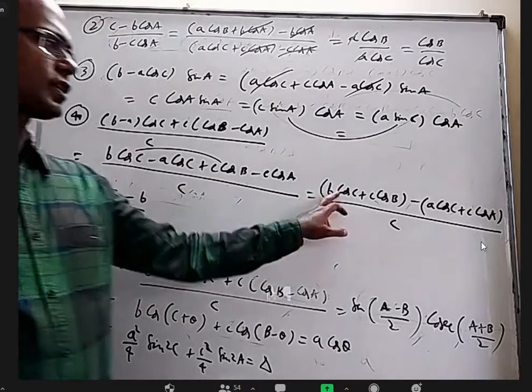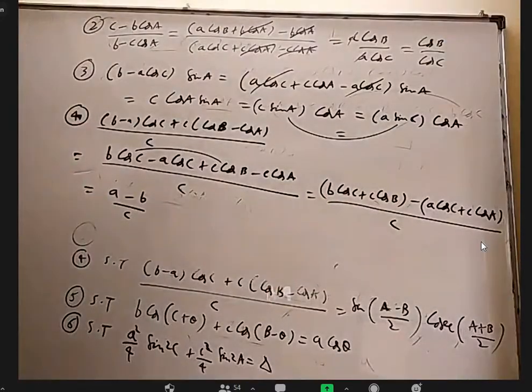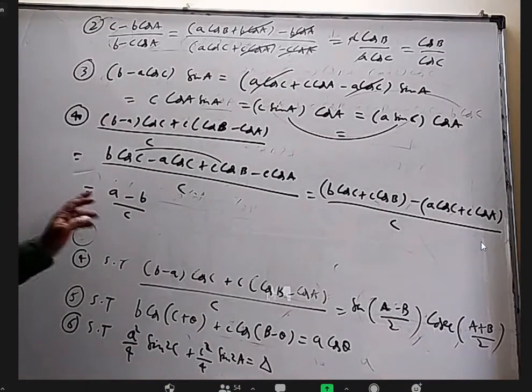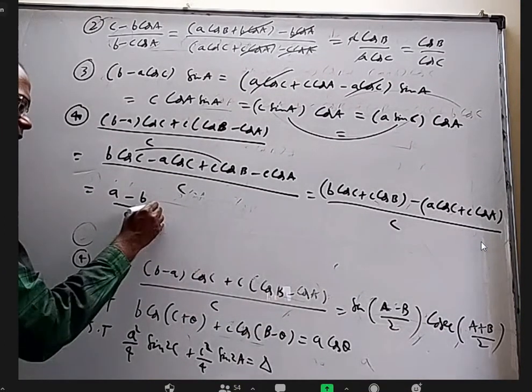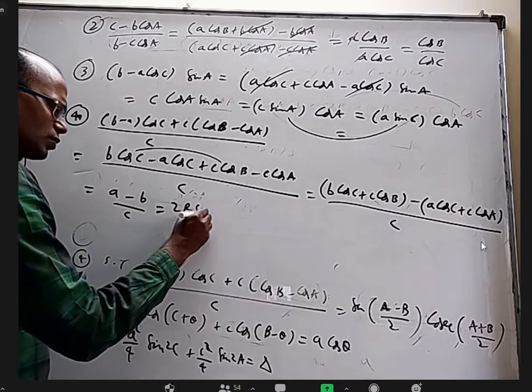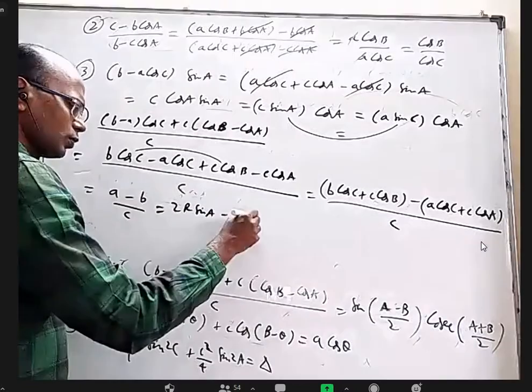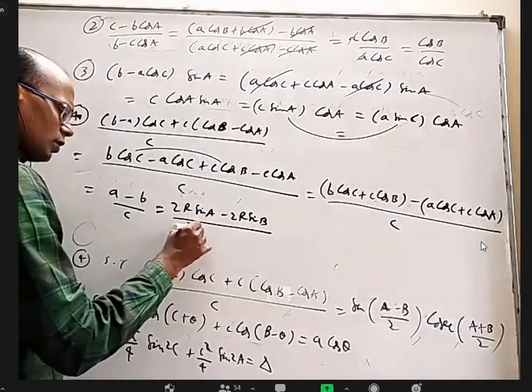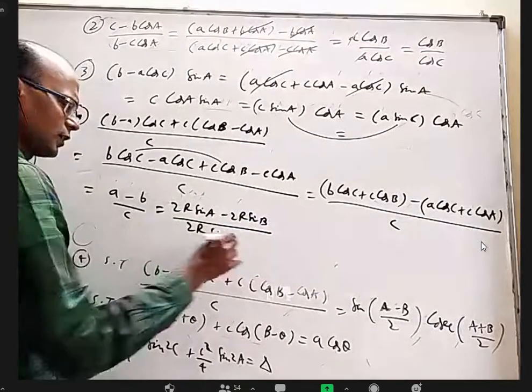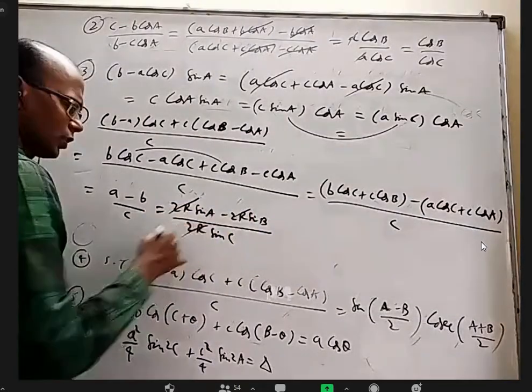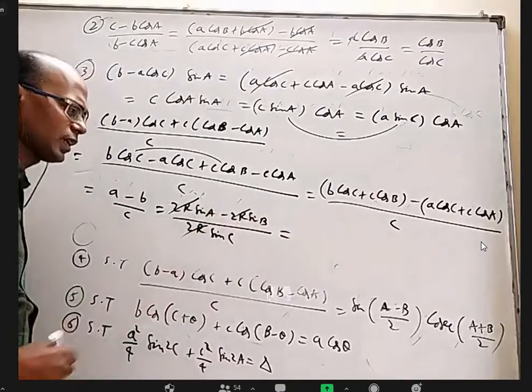This is projection rule here. This is also projection rule. Okay. After that, I have to apply sine rule and apply transformations to get this answer. So I have to write this as 2r sin A, 2r sin B, and this is 2r sin C. I can cancel 2r. What is sin A minus sin B?